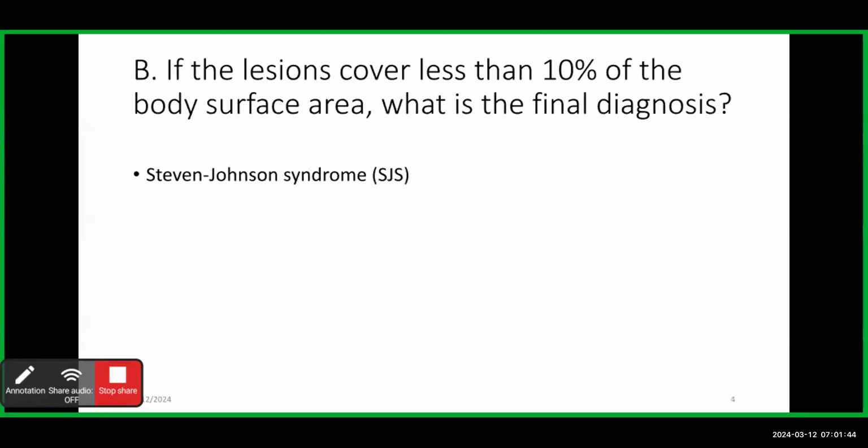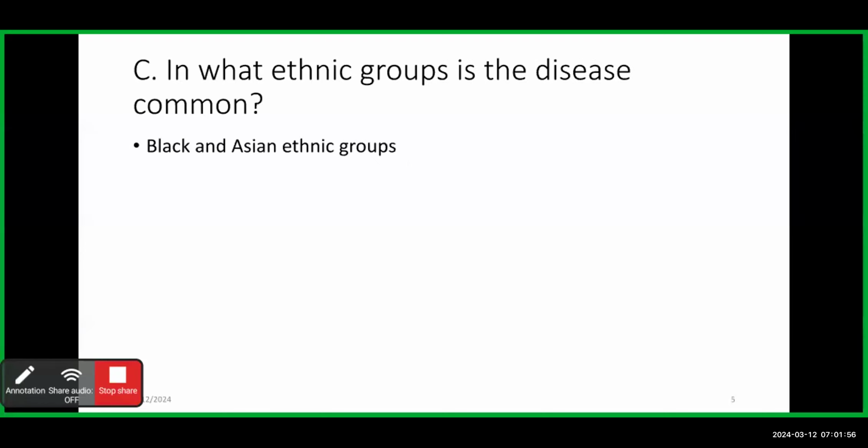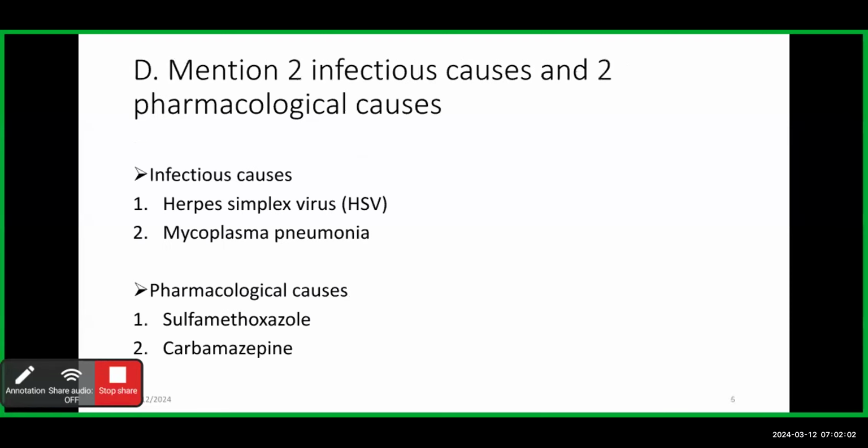The question said, if the lesions cover less than 10% of the body surface area, what is the final diagnosis? Because it is less than 10%, the final diagnosis will be Stevens-Johnson syndrome. In what ethnic groups is the disease common? I found out it is common in Black and Asian ethnic groups. They mention two infectious causes and two pharmacological causes. For the infectious causes, consider herpes simplex virus and Mycoplasma pneumoniae, while two pharmacological causes are